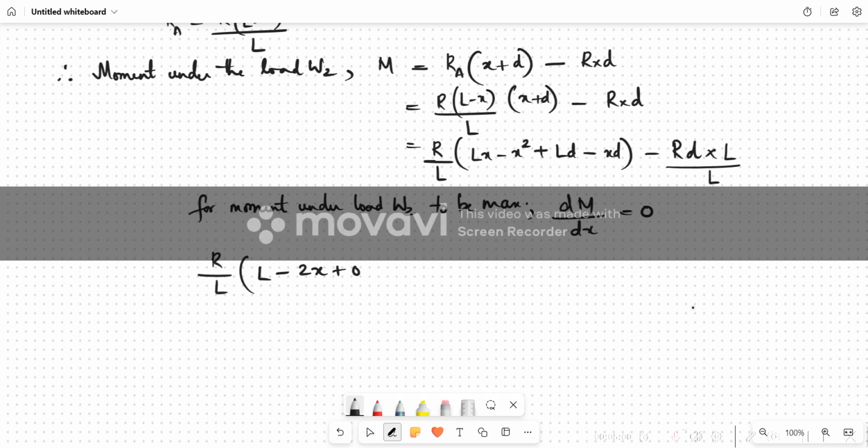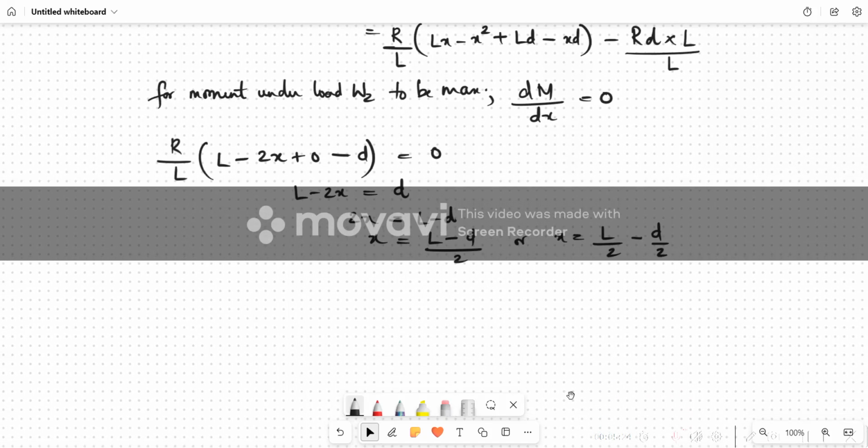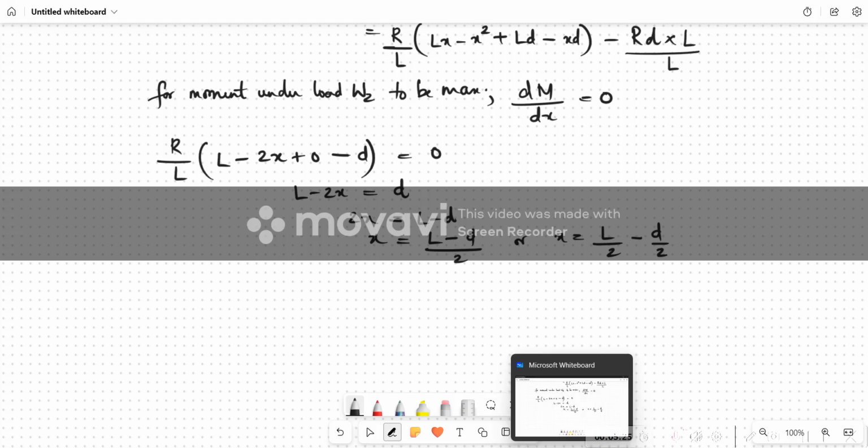L minus 2x plus this will be 0 minus D should be equal to 0, or L minus 2x is equal to D, or 2x is equal to L minus D, which gives x is equal to (L minus D) whole divided by 2, or let's write x is equal to L by 2 minus D by 2. So what do you understand from that? L by 2 minus D by 2, a very important relation, where x is nothing but